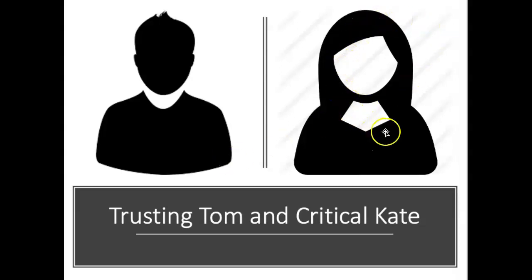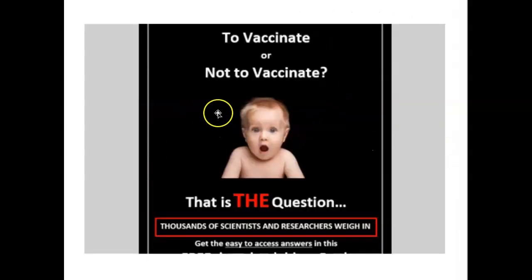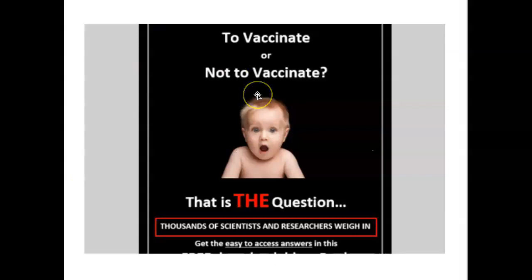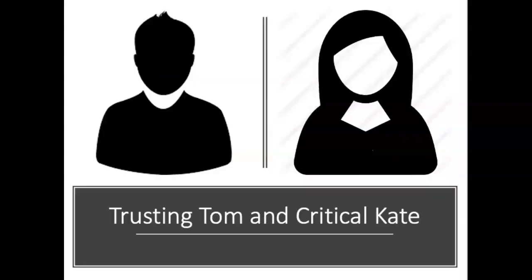I think of Critical Kate, I've changed her name from Critical Claire to Kate. Anyway, Critical Kate this time looks at the same study, and she looks at it really carefully. She finds out everything she can about Dr. Palmer, and she decides that she thinks that this book is actually not very good, not very credible. She finds out from other medical sources what is the consensus of most scientists. Now, I think you'll find nearly everybody in the medical profession would advocate that you have a vaccination. So Critical Kate gets her children vaccinated, and they do not fall prey to some hideous virulent diseases.